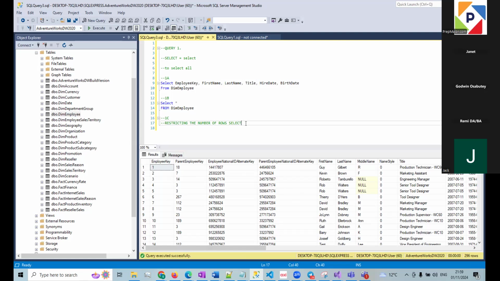So what then do you do? There are a number of commands you can run with your select all. Depending on the DBMS that you are using, you can either do a top, limit, or fetch. I would explain these words. So, for SSMS, Microsoft SQL Server Management Studio, what you can do,